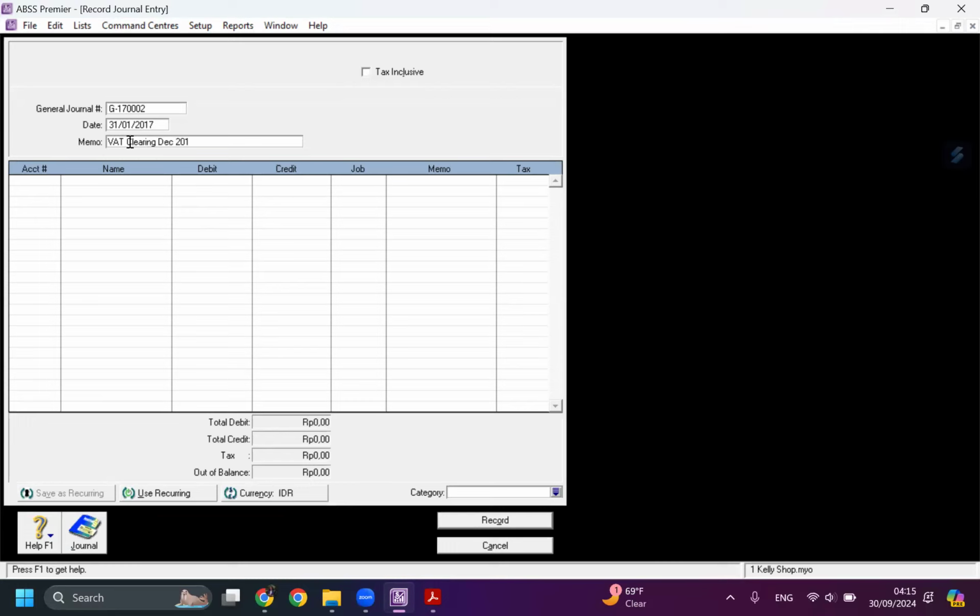And the information is VAT clearing for December. Yeah, where's the VAT located?